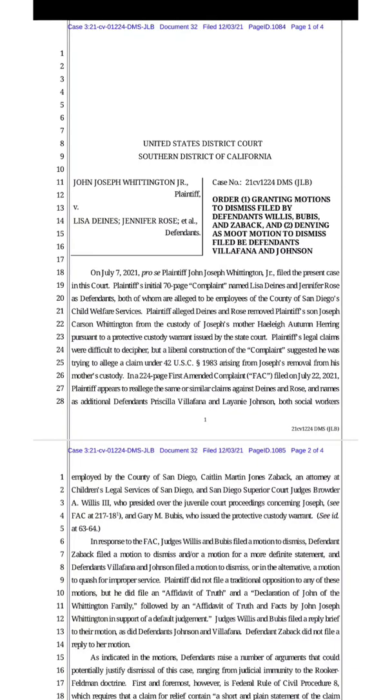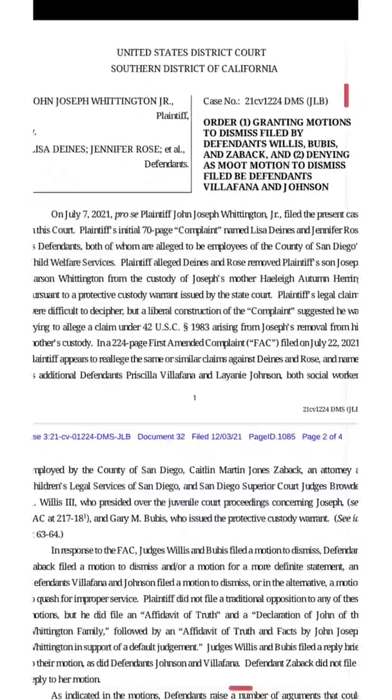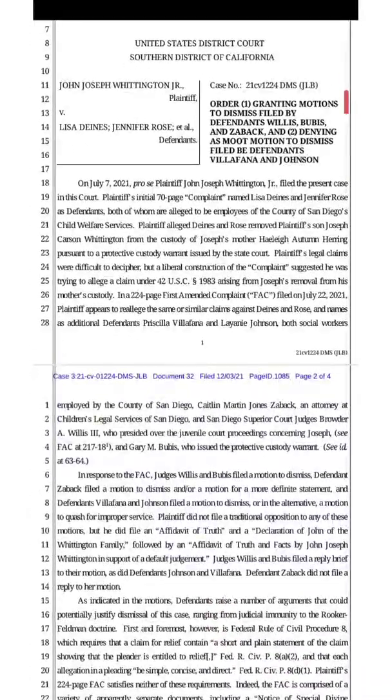Okay, so let's go on to read this document, because I want y'all to understand what happened and what was the outcome of using the affidavit of repudiation. So it says here, on July 7th, 2020, pro se plaintiff,